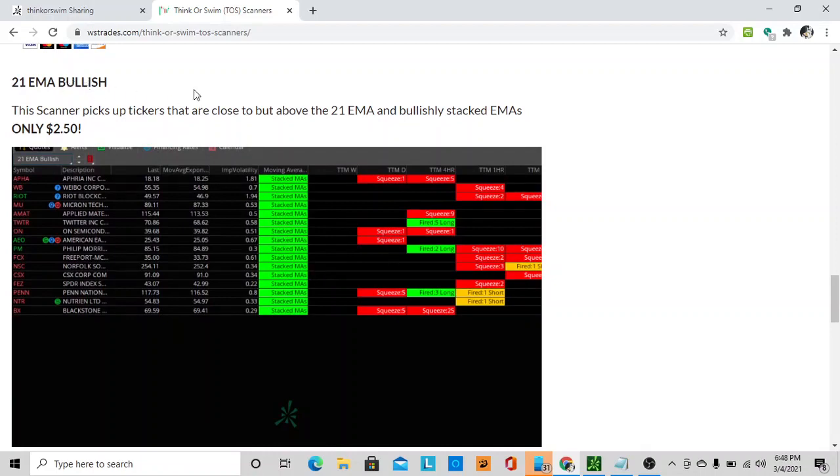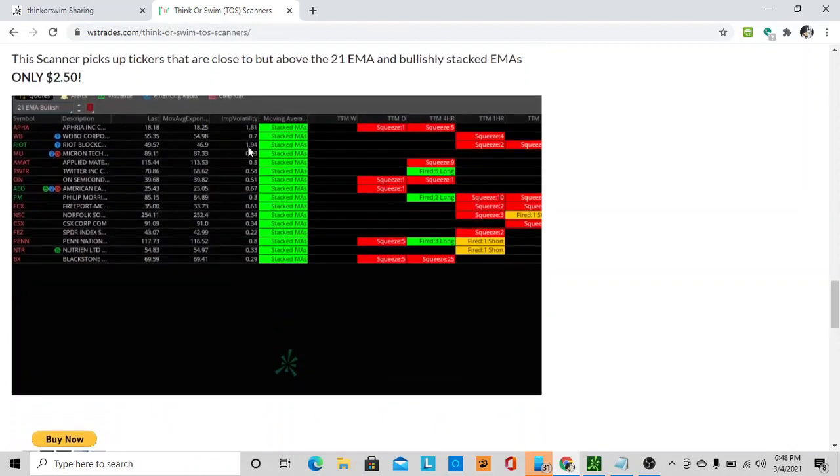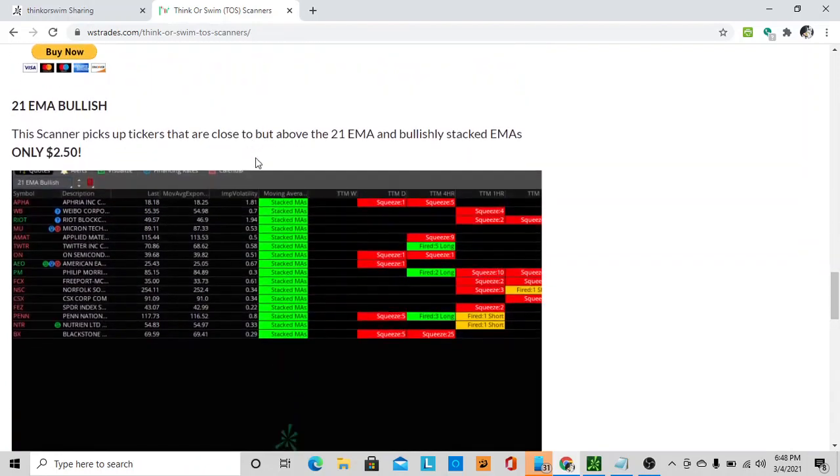That's the 21 EMA bullish and 21 EMA bearish. So these ones, the bullish scanner only picks up things where the EMAs are stacked bullishly, and there's some other criteria that, if you download it, you can see exactly how it's set up. But that's for me, because one of my primary indicators that I use is the TTM squeeze, which,